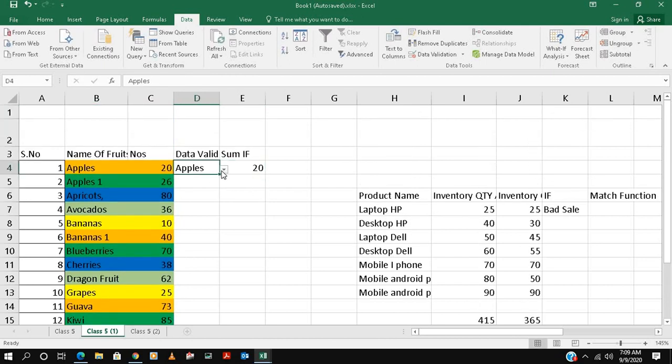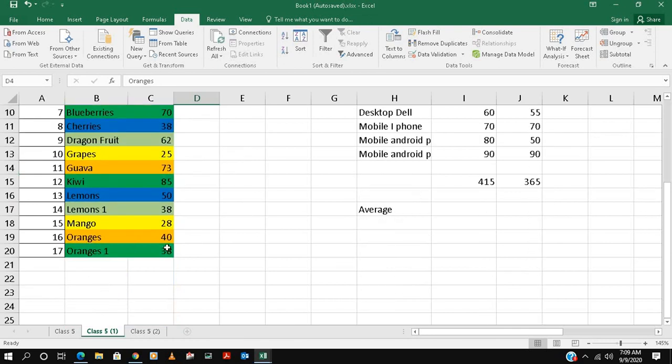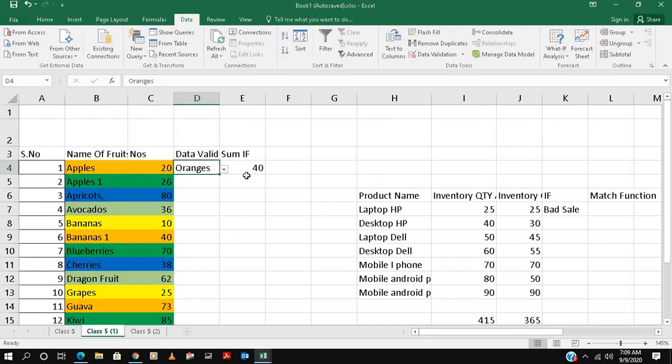I think we'll get the apple value. Now if we want to see from here, suppose blueberries, so blueberries are 70. Yes, blueberries are 70. So in this way you can just go to the drop down menu and get the value, suppose you have 100 entries. Oranges, we don't know, it's 40. Yes, it's 40, right? So suppose you have a long list of fruits or whatever it is, you can use this drop down menu.